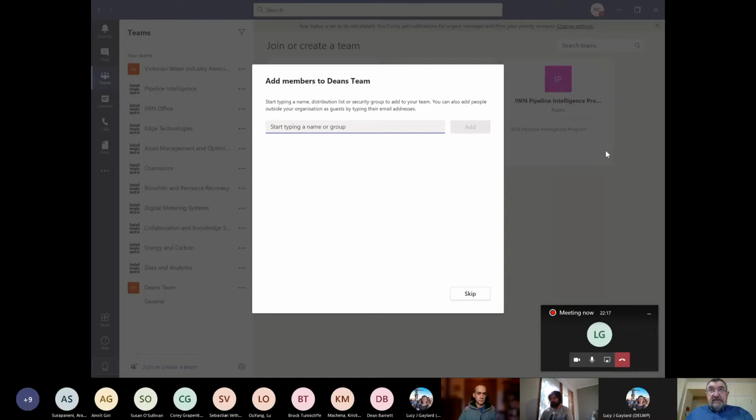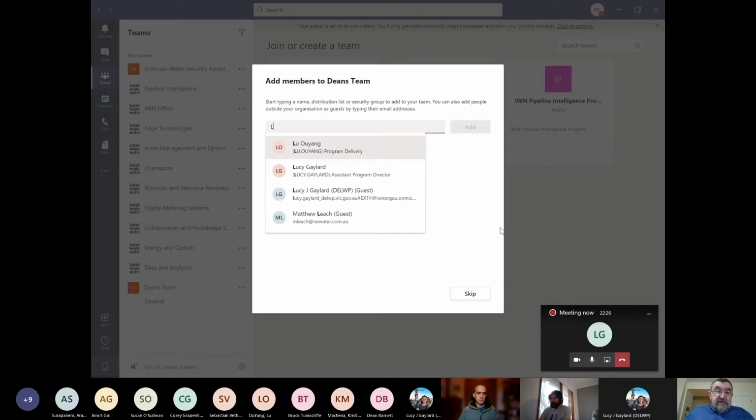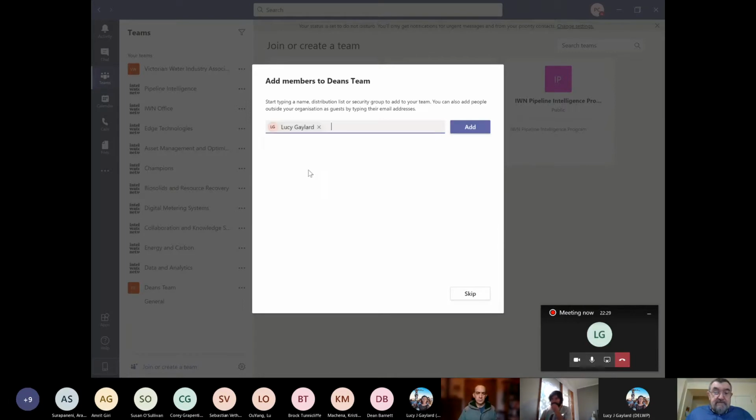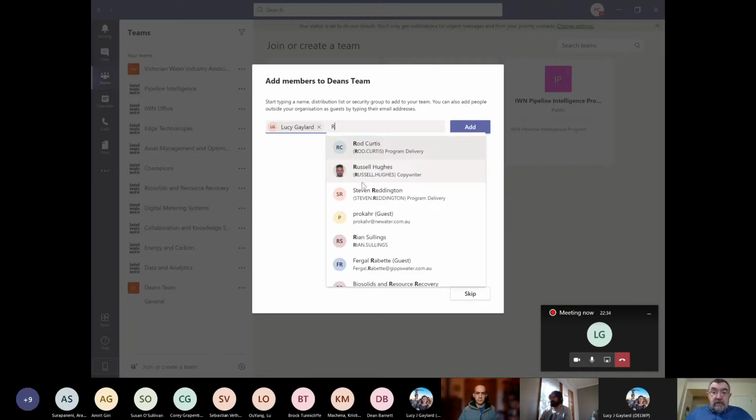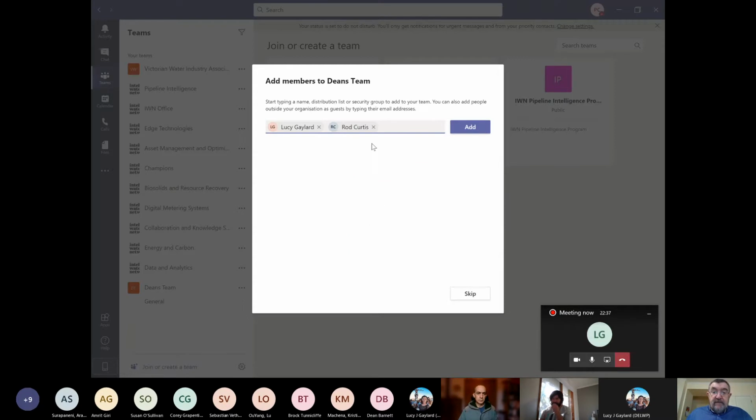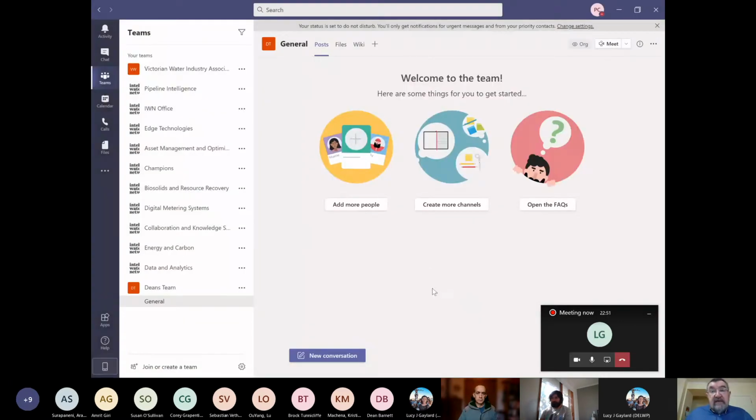Now we want to add some members to Dean's team. As soon as you start typing, it'll look for the people that are there. So we'll put Lucy in there. Let's put Rod Curtis in there. And we'll leave that as that at the moment. Now they're members. Close that. We can add more members at any time by going in and managing the team and adding new members. So now we've got Dean's team down the bottom,